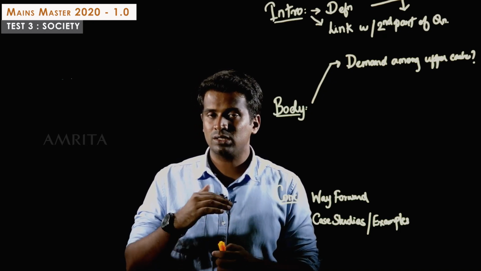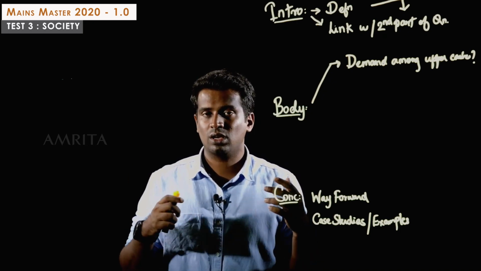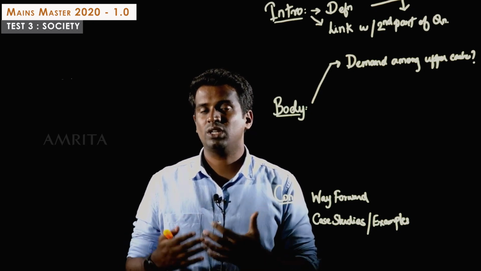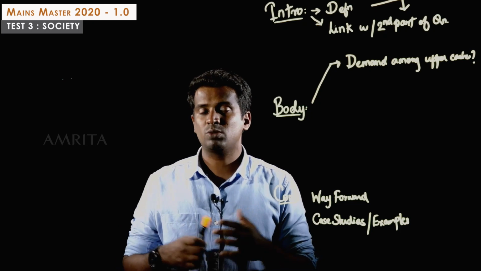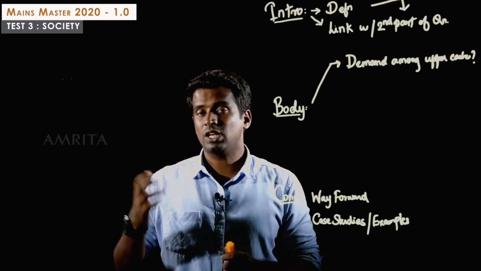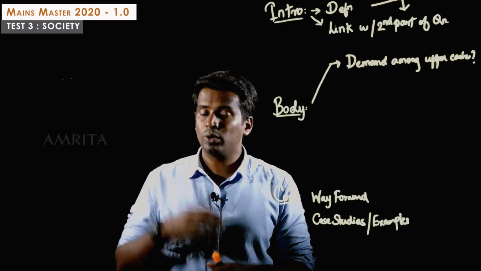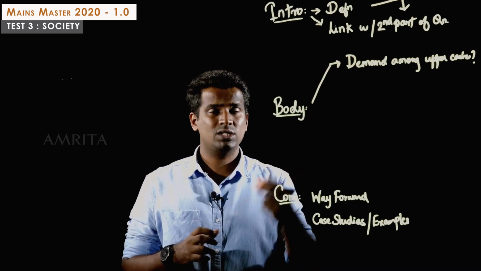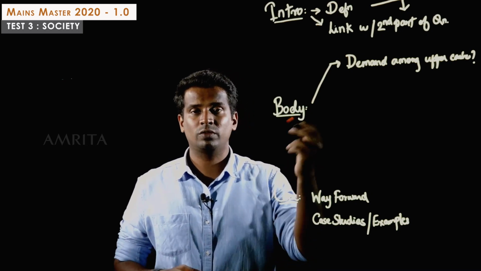So, in that, when there is a quota of reservation, there is a sense of feeling that the meritocracy principle has been lost, and the reservation has been acting as a barrier towards people from improving their lot in life. This has been especially dominant among the poorer sections of the upper caste groups. So this is one of the major reasons. You can quote this along with examples of